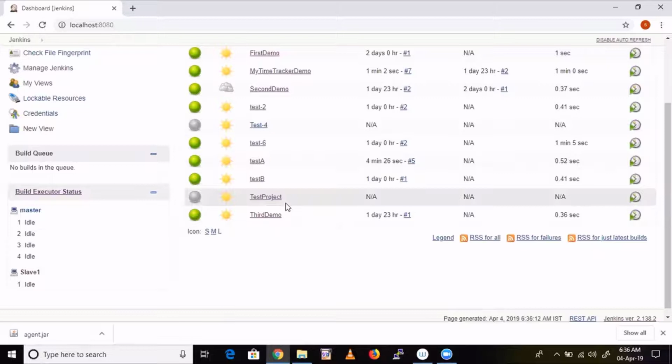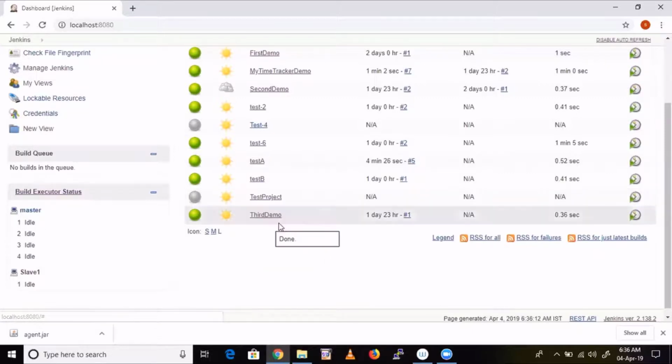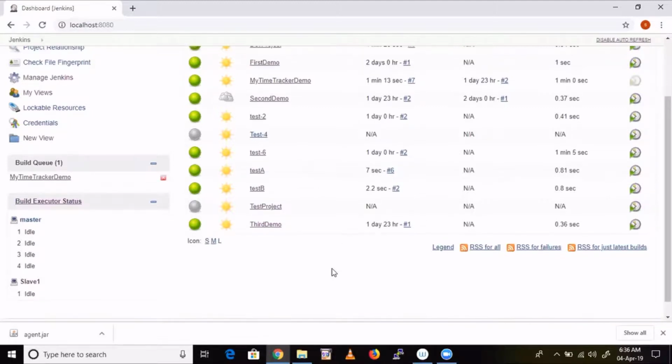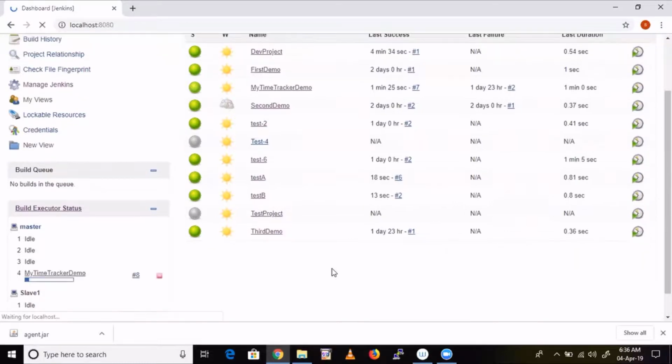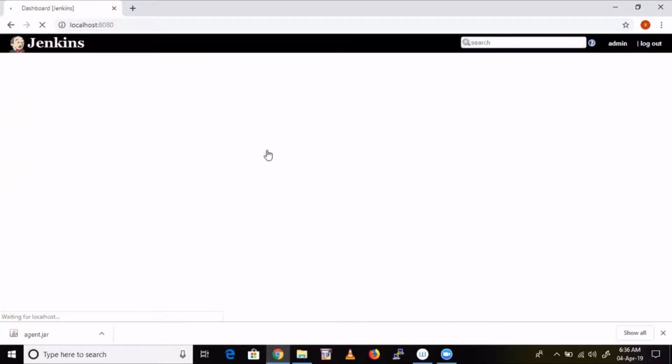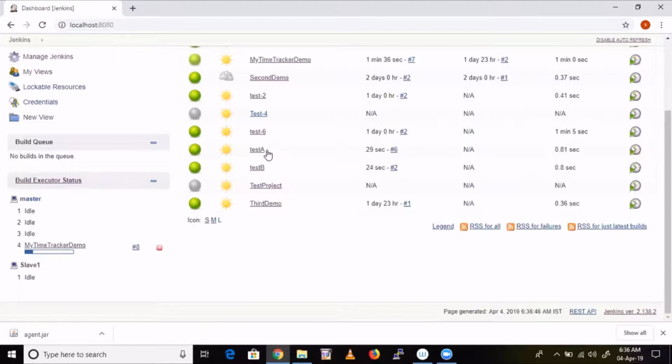Test job A. Test job B. So here it got picked up by master. Yeah, see why it is not showing test job A, test job B? See, these are small jobs, right? We have given a simple ls command, right? Echo hello, like that. So that's why the job succeeded within a fraction of a second.